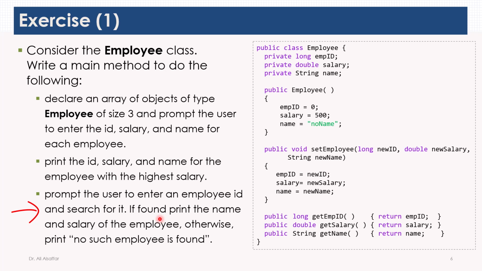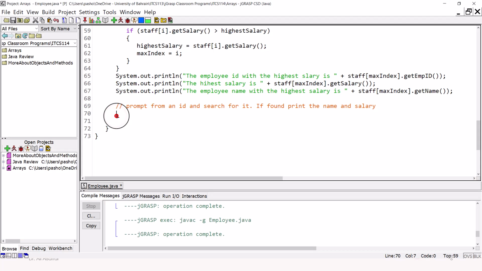So we will go over the employees one by one from the beginning until the end. If any of the employees' ID is equal to the input ID, we stop, we print the name, and we print the salary. And if none of the employees' ID is equal to the input ID, then we print a message, "no such employee is found." So how to do this? First, we will prompt the user for the ID,